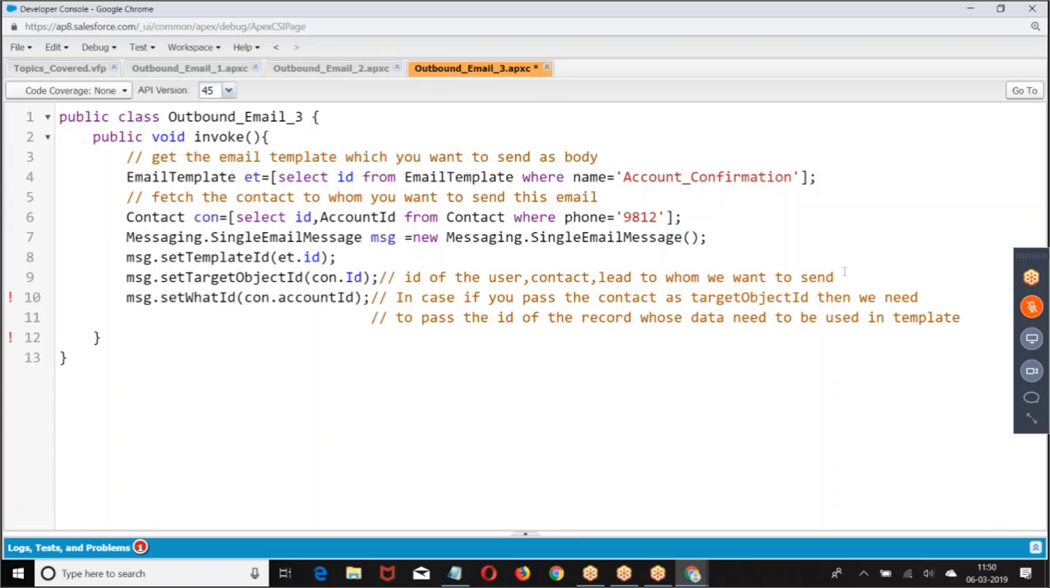Target object ID, set what ID? The ID of the account whose data needs to be used in the email template. Then we are done with this. Template ID, target object ID, what ID. How do you send the mail? Messaging dot